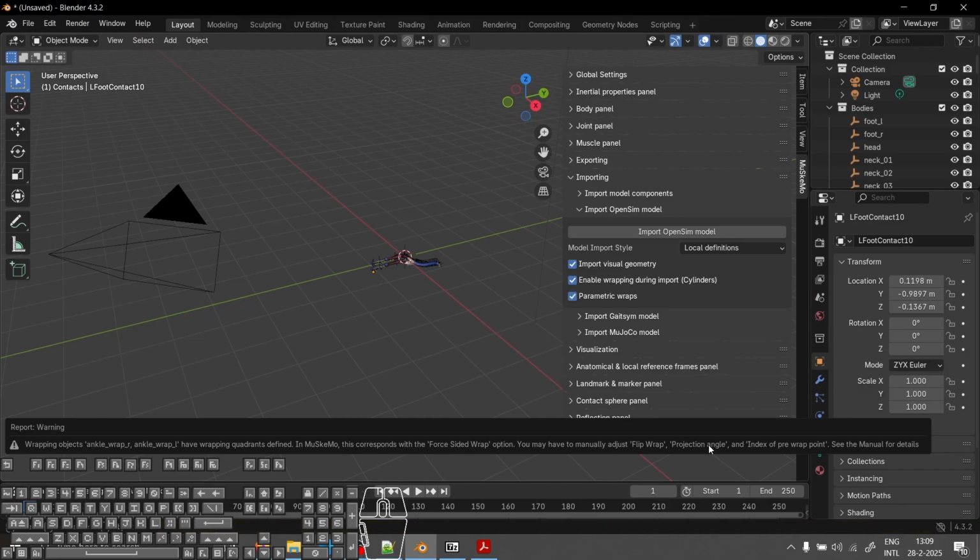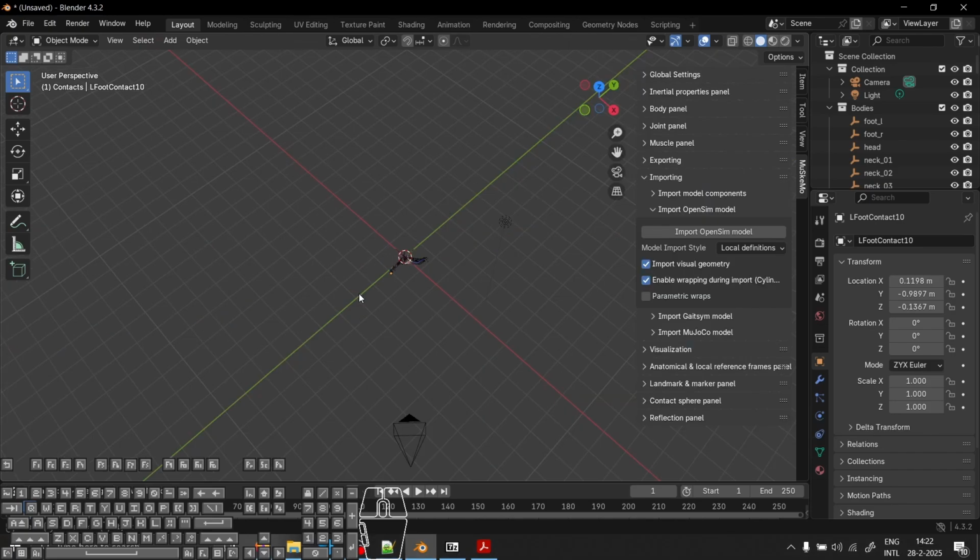MuSkeMo gives you warnings when importing existing models, because certain features, of course, will require some manual tuning. In this case, MuSkeMo is giving you a warning for wrap settings, which aren't completely identical when comparing OpenSim and MuSkeMo. So we've imported our first model, and I think this is a good point to introduce you to navigation